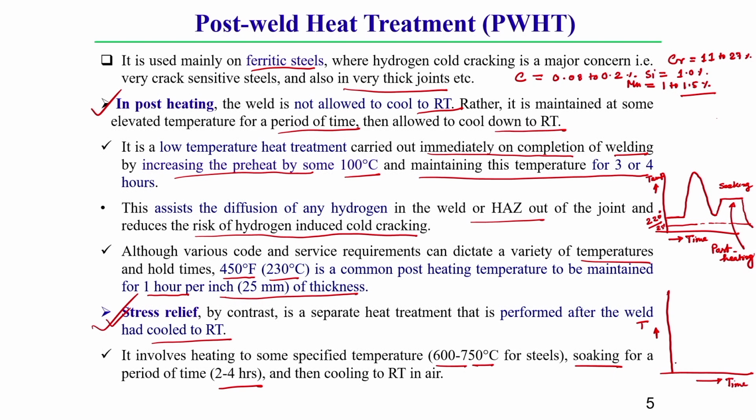So, what happens here generally, what we used to do, we start the heating, then we cool down this plate and it comes to room temperature. Once it comes to room temperature, then from this zone we generally raise the temperature to around 600 to 750 degree centigrade. What I am telling, understand?